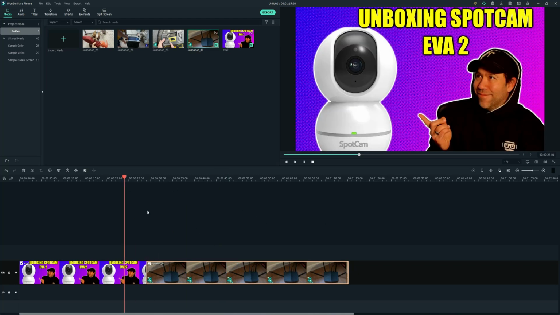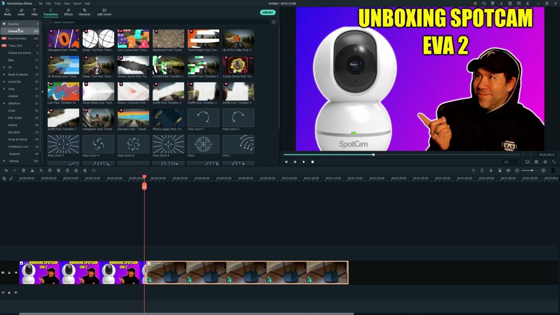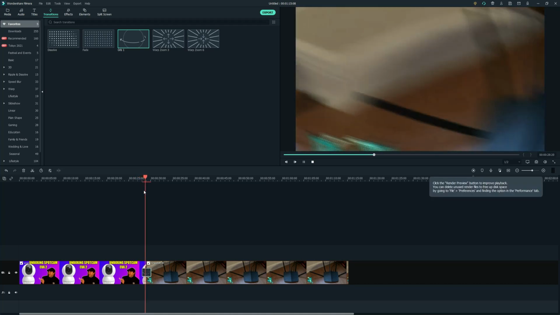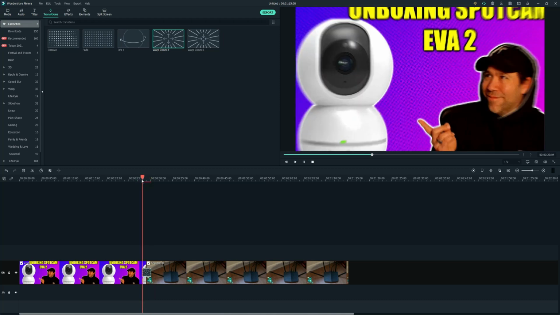Then you probably want to add some fancy transitions. You could go into the transitions and look up some default transitions that come with Filmora. Typically, I like doing orbit, warp zoom, various things like that. But you could take your pick on which transitions you want, drag them on the timeline, and you want to drag them halfway between the previous and the next image, so that it transitions from one image